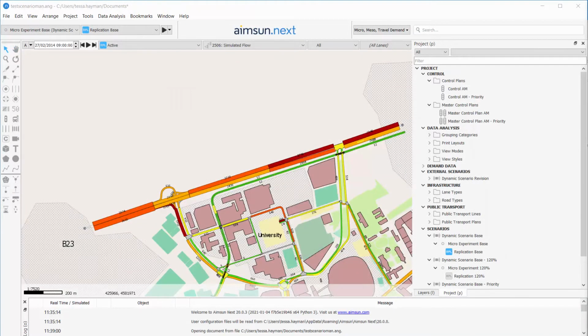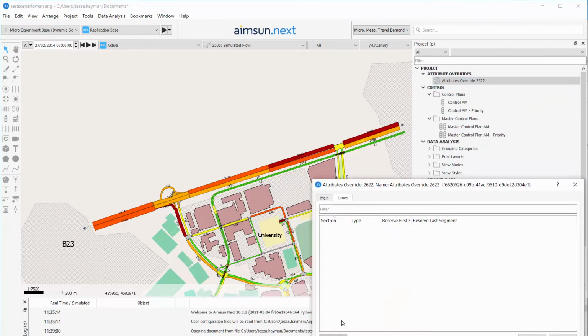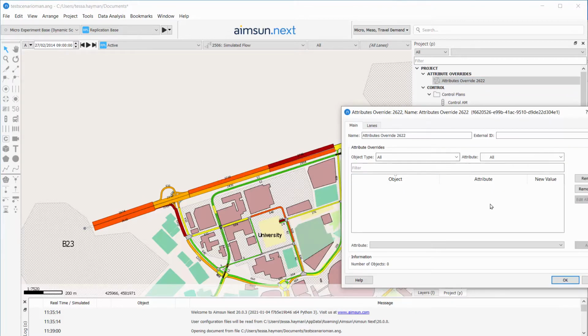In this exercise, we're going to look at how we can create different parameter sets in different scenarios without having to create a new model file. To do this, we can create an object called an attributes override. Create one, go to project, new attributes override, and you'll have a menu like this where we can add in